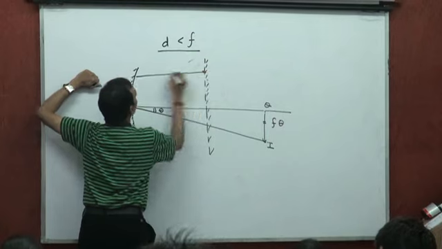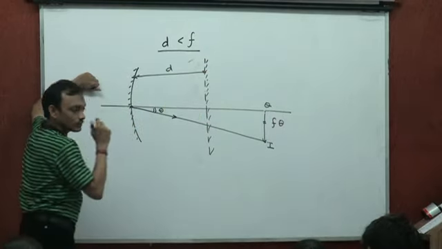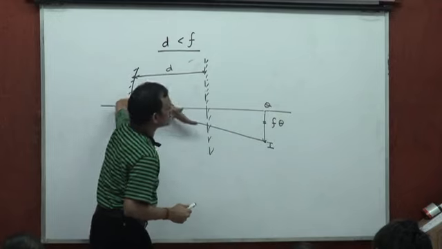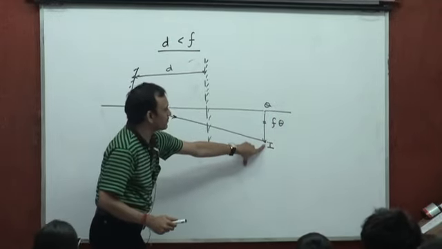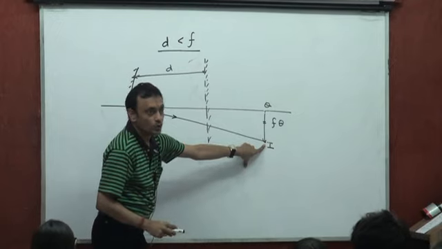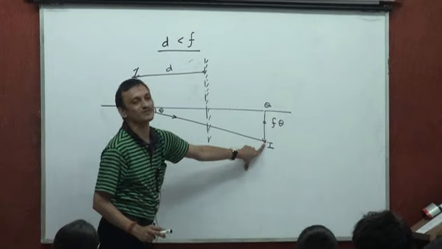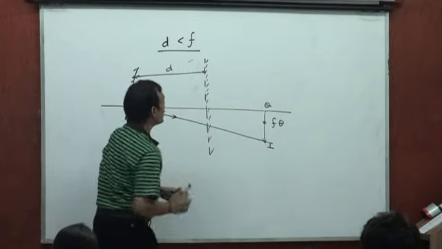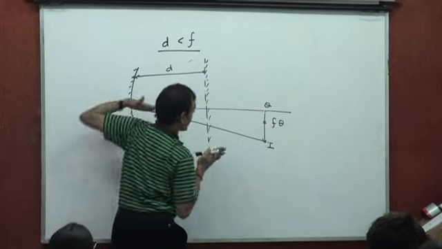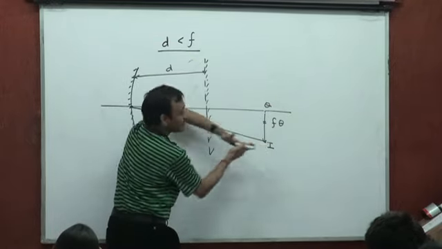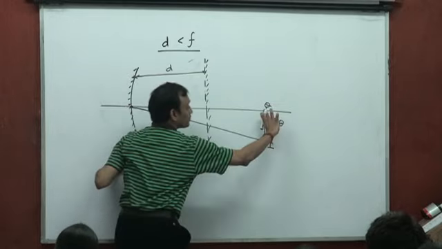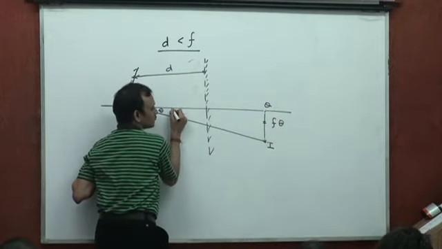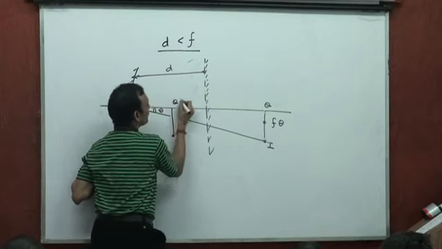This distance is d. Right? So what would the plane mirror do? As far as the plane mirror is concerned, it would prevent the rays of light from coming to this point. So this point then acts as a virtual object for the plane mirror. There is a converging beam converging at I. If that's a virtual object for the plane mirror, then the image of this object after reflection would be formed here, I prime,